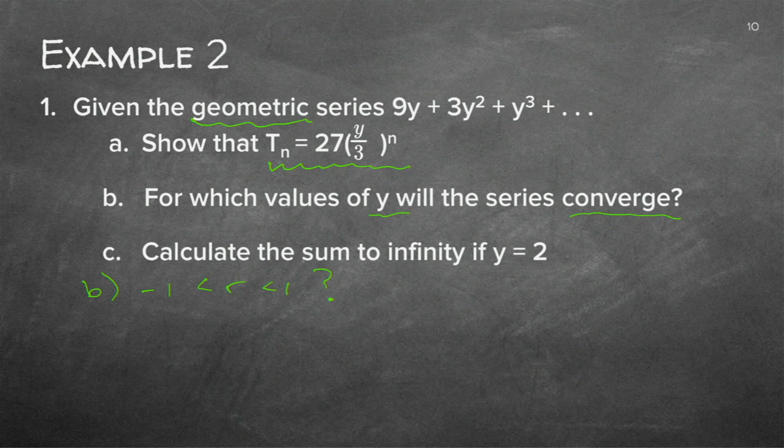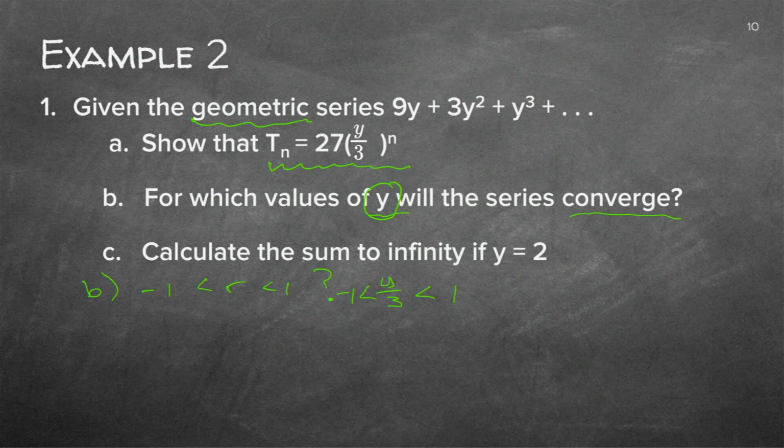So let's just check. You remember what my r was? My r was y over 3, if I'm not mistaken. Yes, my r was y over 3. So if I take y over 3, -1 smaller than 1. What did they ask? For which values of y will this sequence converge? They're telling you this sequence is converging. They're not asking you to prove it, because then you would have to prove it lies between -1 and 1. You know it lies in between there.